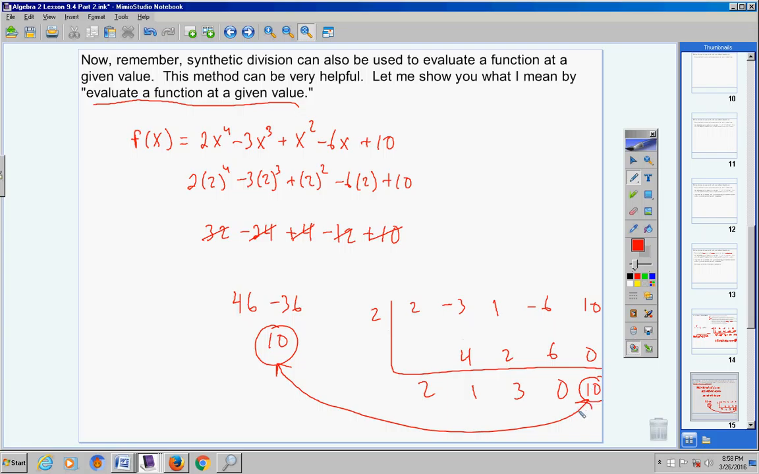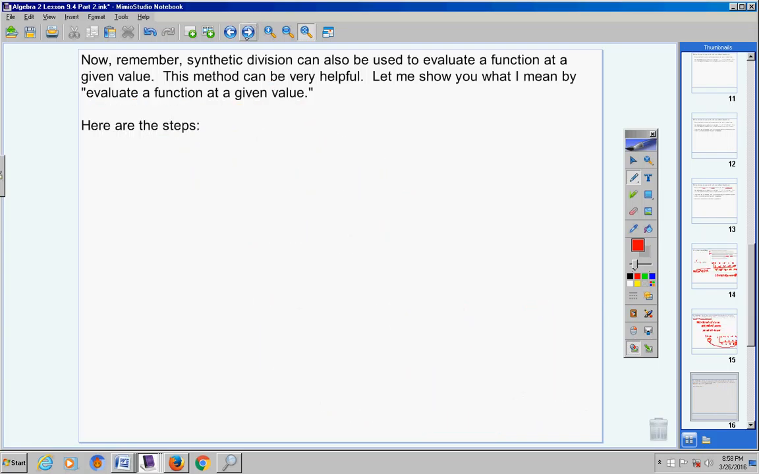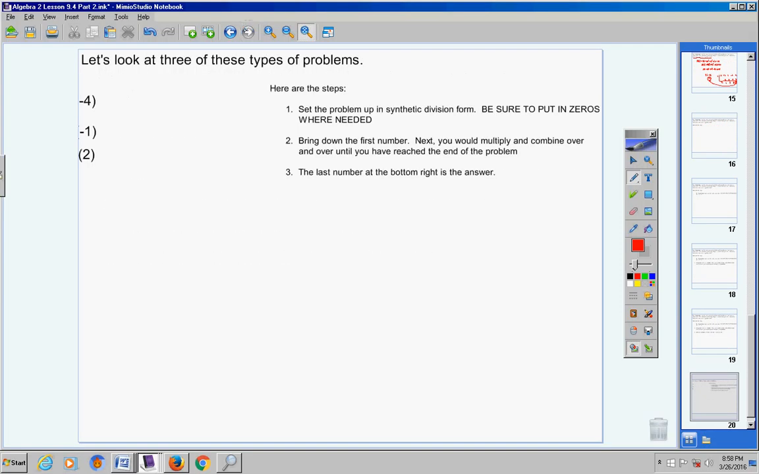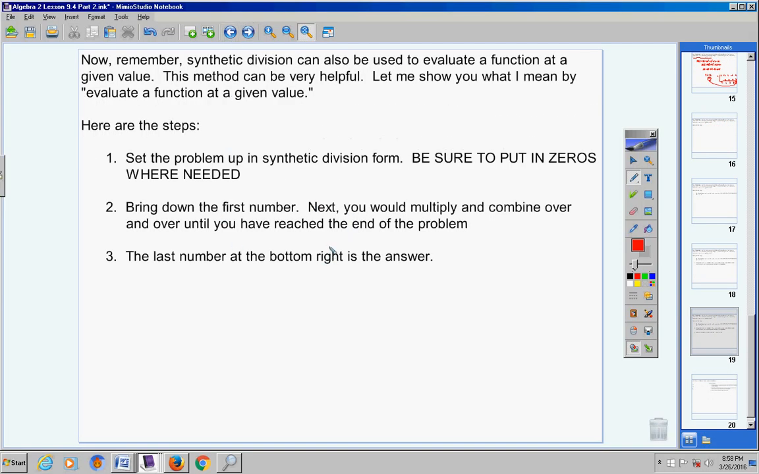So let me teach you how to do this, alright? Here are the steps. Please copy these down and pause the video if you need to. The first